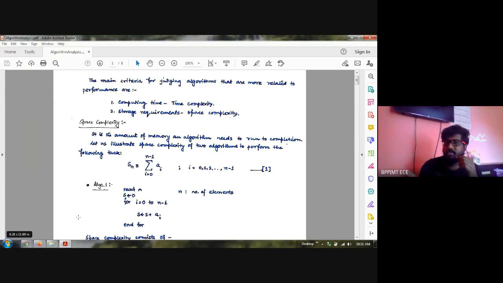Though you are not doing C equal to A plus B, but still it will be done in the runtime. Okay, so A plus B will require certain memory space. So we are interested in how much space is being required in the runtime